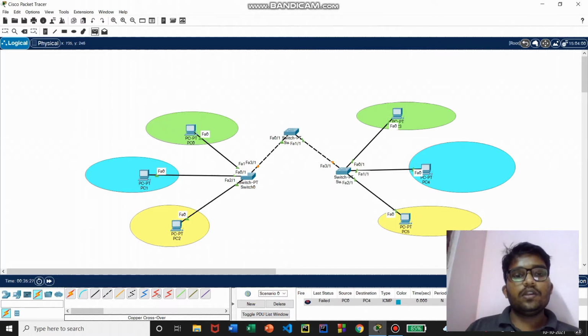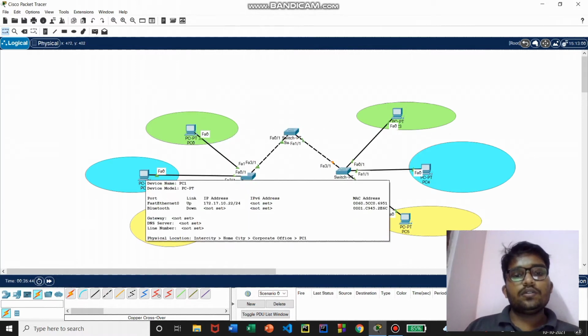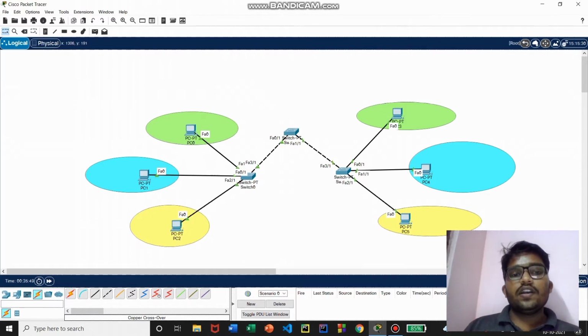Meanwhile, if you just ping between these two, let me try it once again. We should wait for these interfaces to get green. All these PCs belong to the 10.0 network. They are physically a part of this LAN, but logically we have created the partitions. We call it VLAN. Now all the interfaces have been enabled. Let me try pinging between this PC and this PC. Here it is successful. So this is the VLAN configuration, right?